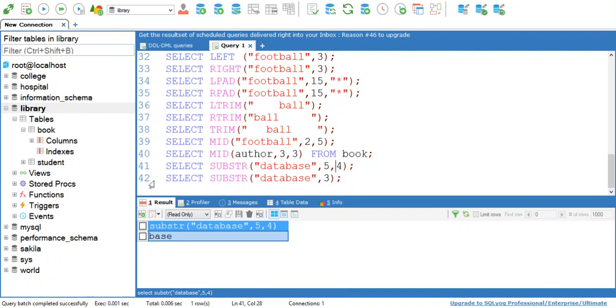Now I have given only two parameters, database and one number. Let's see what the output will be. When you execute this query, see the output is TABASE, that is it has started with the third letter and displayed all the remaining letters.